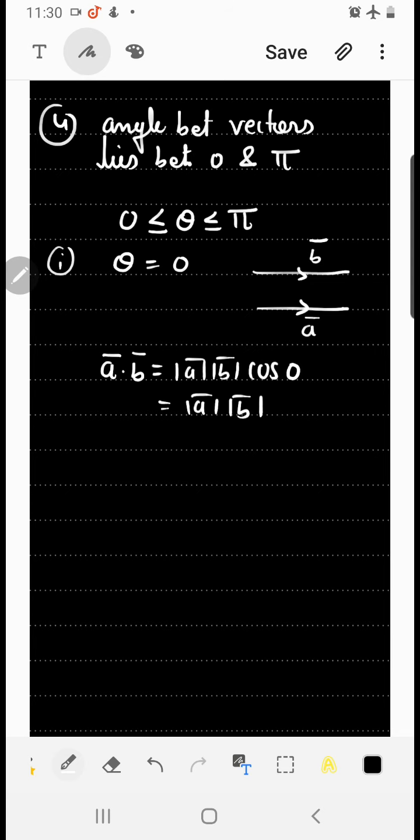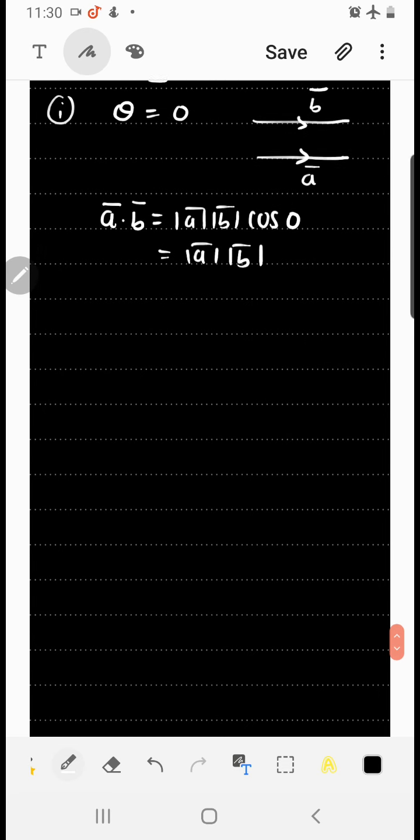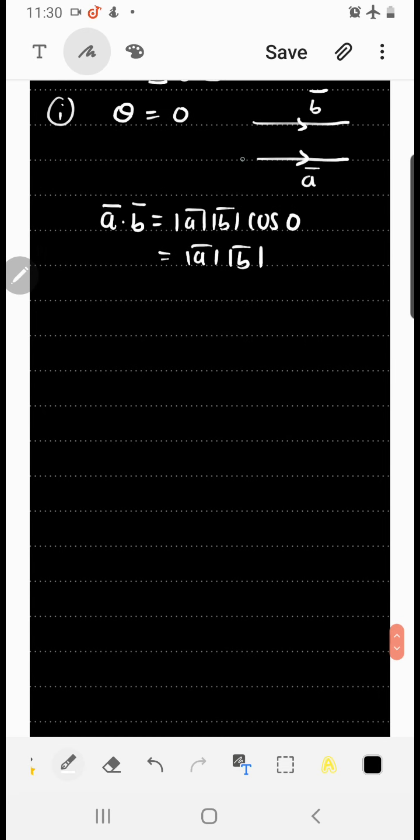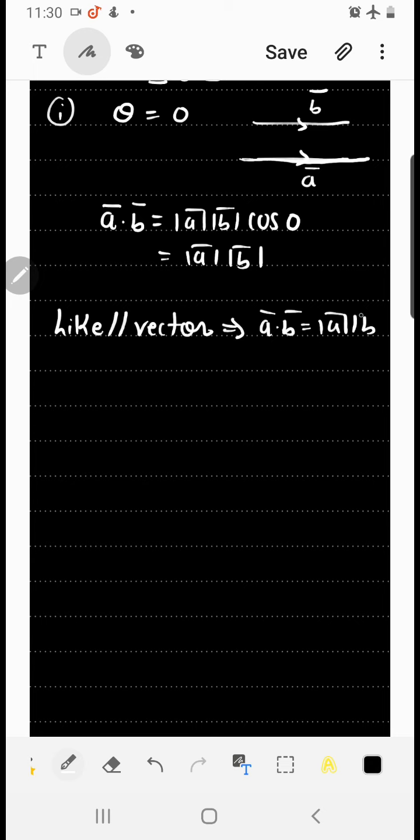Now what can you say specifically for vectors A bar and B bar? Can I say here the direction of A bar and B bar is the same, but just a sec, their magnitude can be different. When I say direction is the same, can I say their unit vector would be the same? Here we use a word called like parallel vectors. So instead of saying their unit vector is the same, can I say like parallel vectors? And what is the condition? The condition is A bar dot B bar equal to mod of A bar mod of B bar.